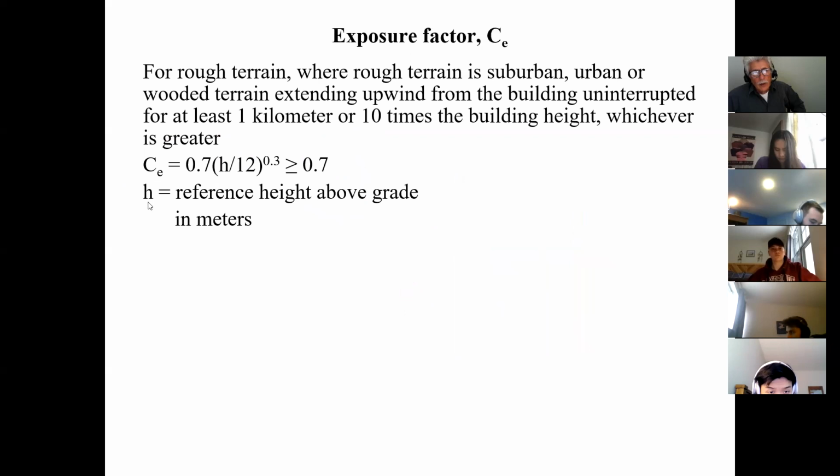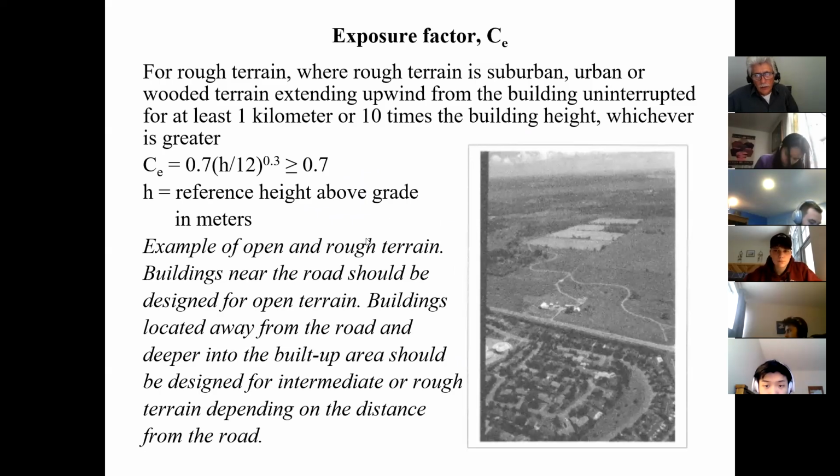Now, of course, the same thing as before, the reference height is the distance from the ground level to the top of the building. Now, we'll talk about examples of open and rough terrain. Buildings near the road should be designed for open terrain. What they're saying here is that if this is your situation, all the buildings here, because they're exposed to the wind and don't have scattered buildings on this side,